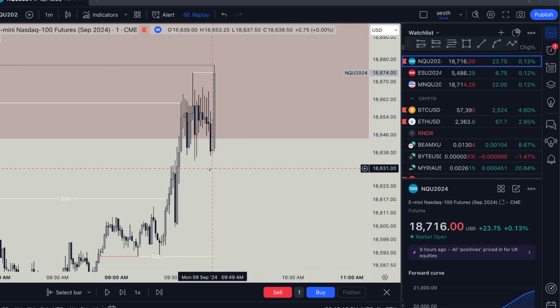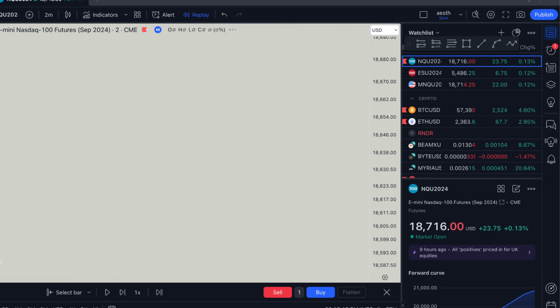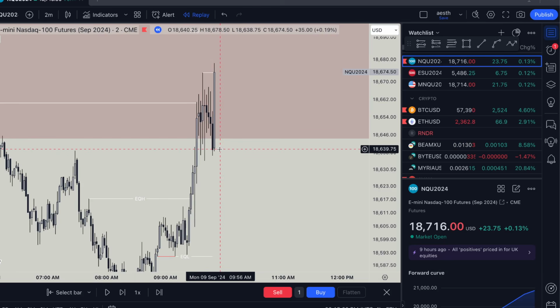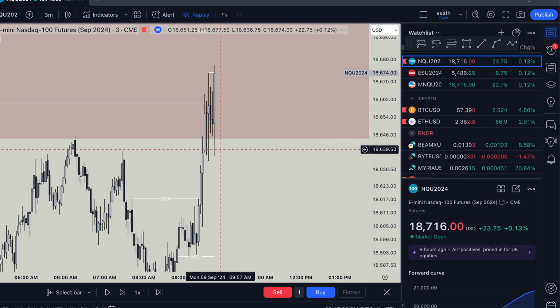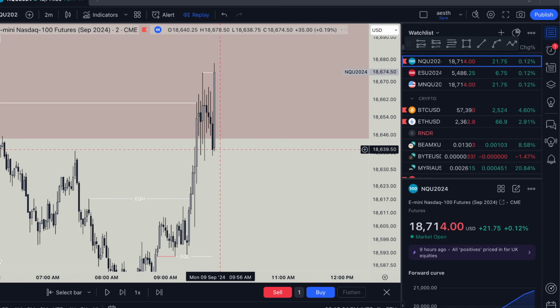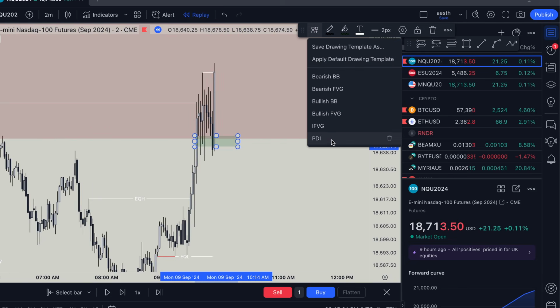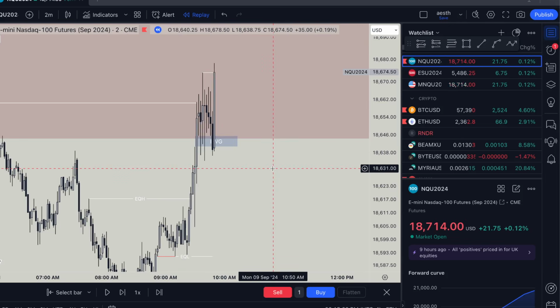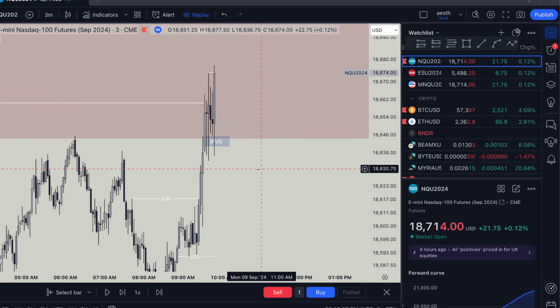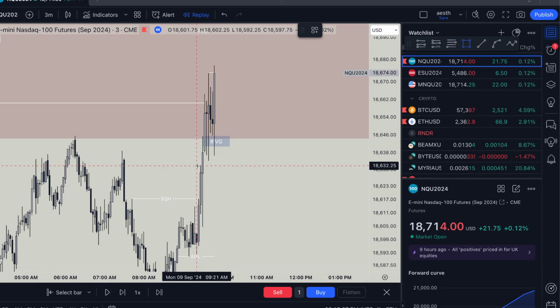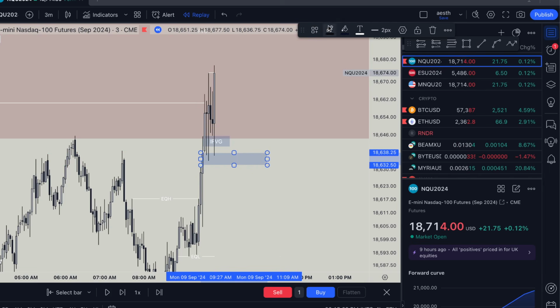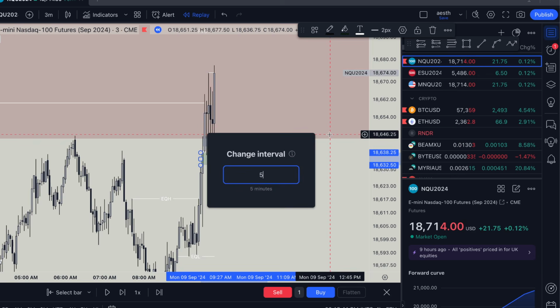And now, did this 2-minute get inversed? Okay, so I think this is where the fake out was happening for most people. And I believe some of y'all took this 2-minute inversion to the downside. Some things to note just off rip is we're still respecting this 3-minute. So that's one thing.